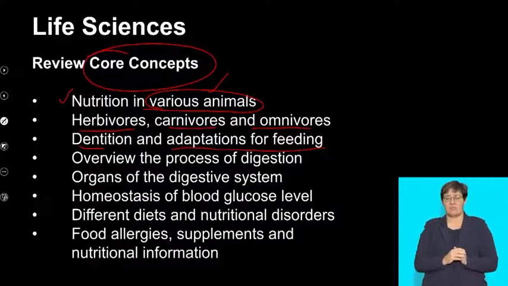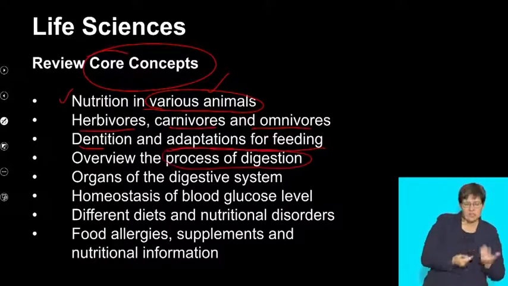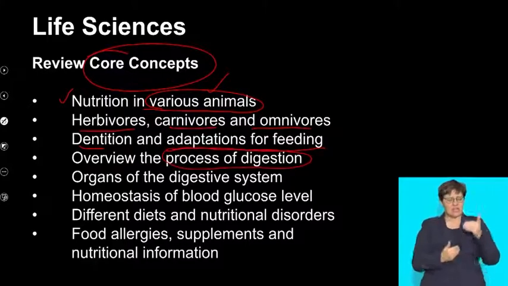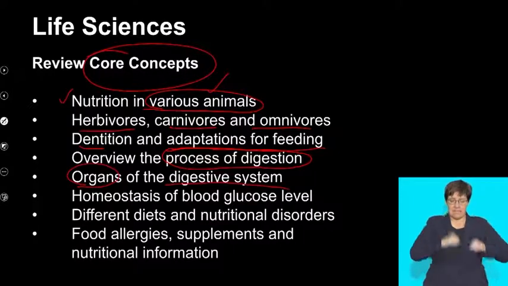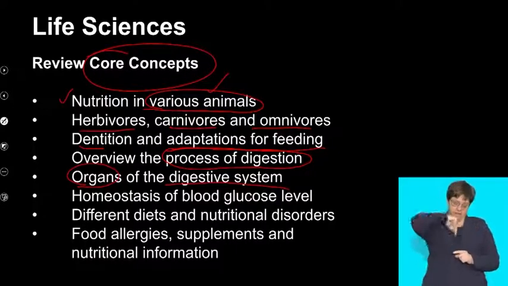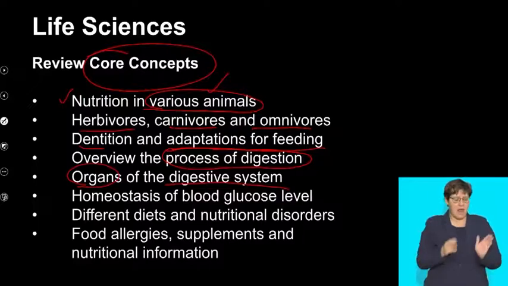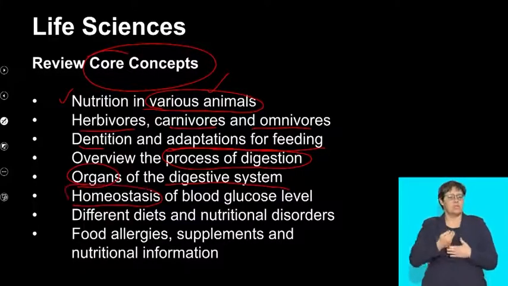It's important that we overview the process of digestion and the different stages involved in the process of digestion. We will have a look at the organs of the digestive system and understand how to label them and how to describe their functions. It's important that we look at the process of homeostasis and the regulation of blood sugar